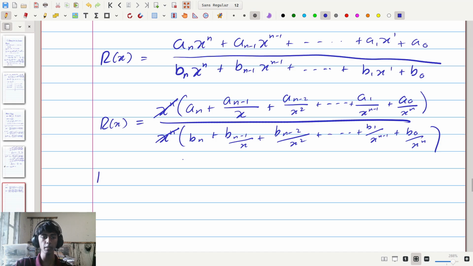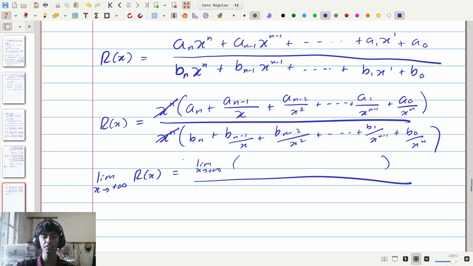That means that the limit as x goes to, first we will check positive infinity, of r of x is going to be equal to the limit as x approaches positive infinity of the first function divided by the limit as x approaches positive infinity of the second function. So substituting these in, the first function is a sub n plus a sub n minus 1 divided by x plus dot dot dot plus a sub 1 divided by x to the n minus 1 plus a sub 0 divided by x to